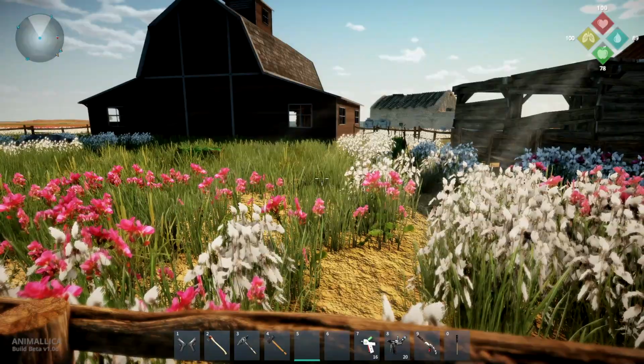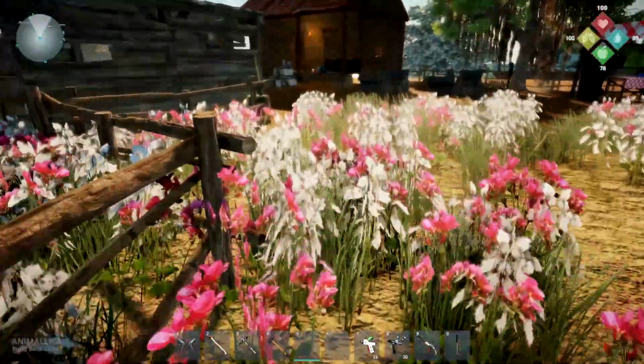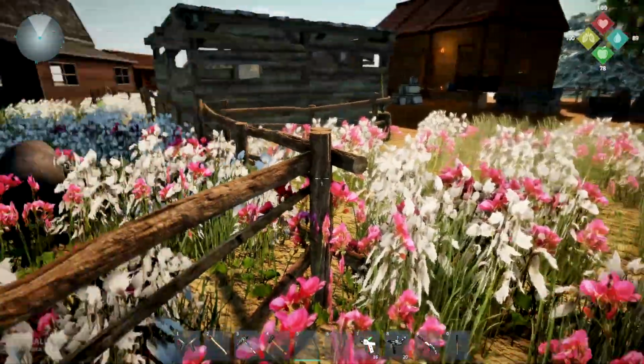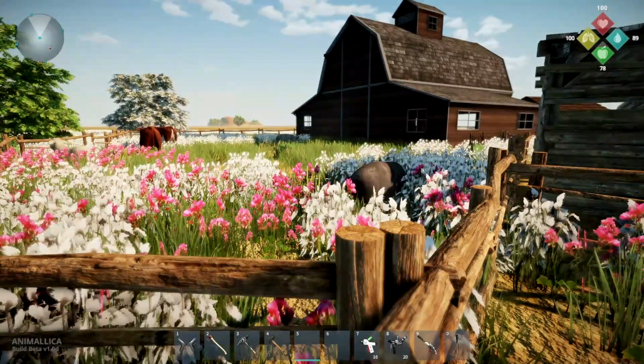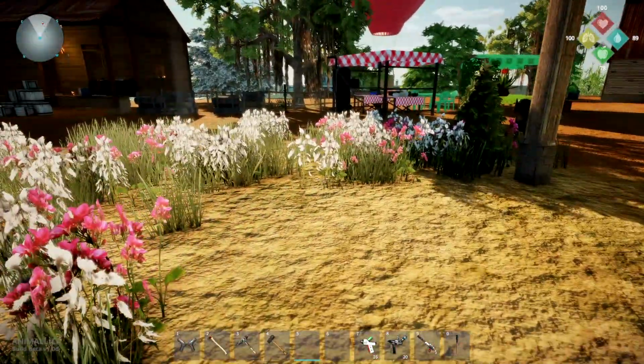Back to the grass thing, though. I've noticed that the water trough will not get rid of these flowers. It just gets rid of the grass. So it is possible to get rid of a chunk of this if I wanted to by putting a